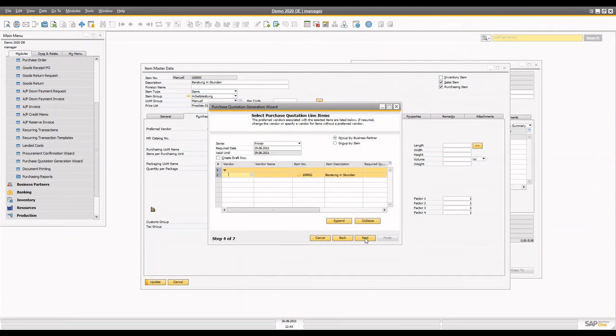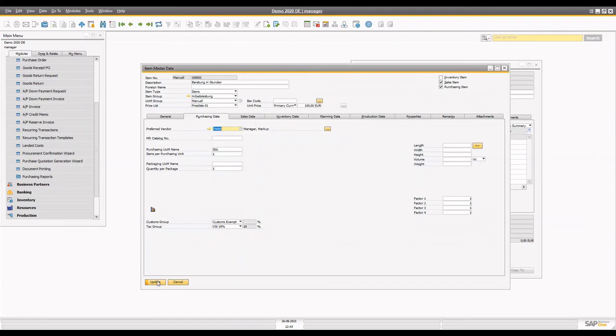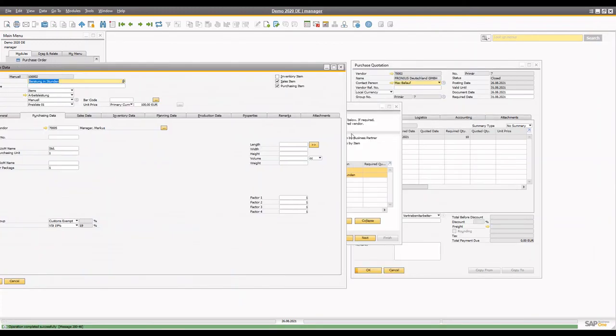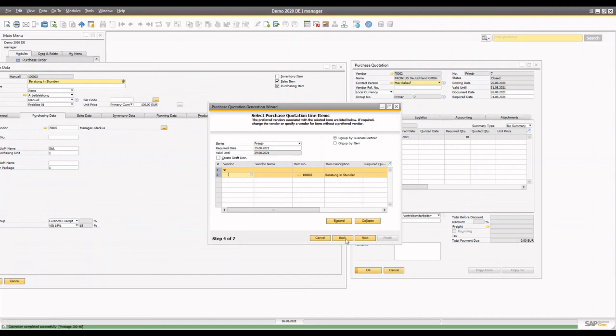If you go to next, yeah, obviously you have to update the item. My bad. You have to come back. Now you go back, and these vendors are automatically selected in your purchase quotation wizard, right? So this is another way to automate your process,